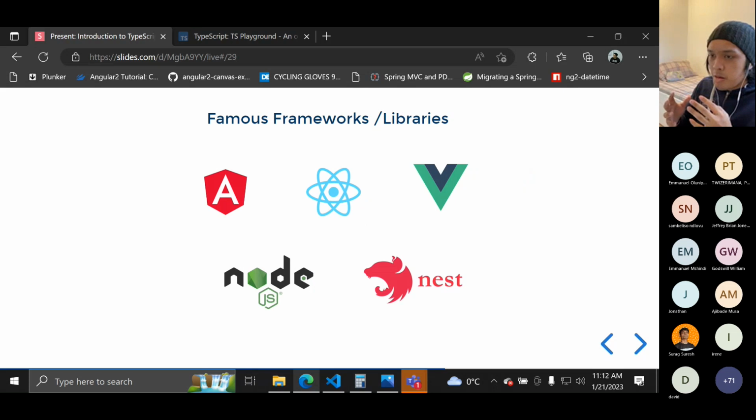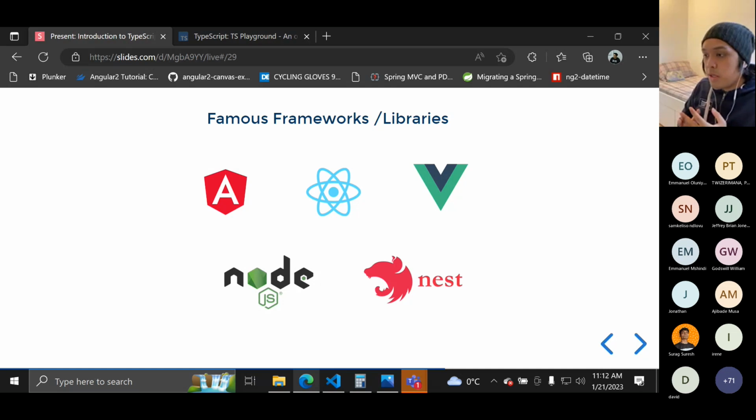TypeScript is really famous now when it comes to developing applications, not just because it's easier and offers a lot of features, but because it's very powerful. You're not just using it for the front end, but also for back end applications. And right now, there are a lot of famous frameworks and JavaScript libraries that are already using TypeScript.